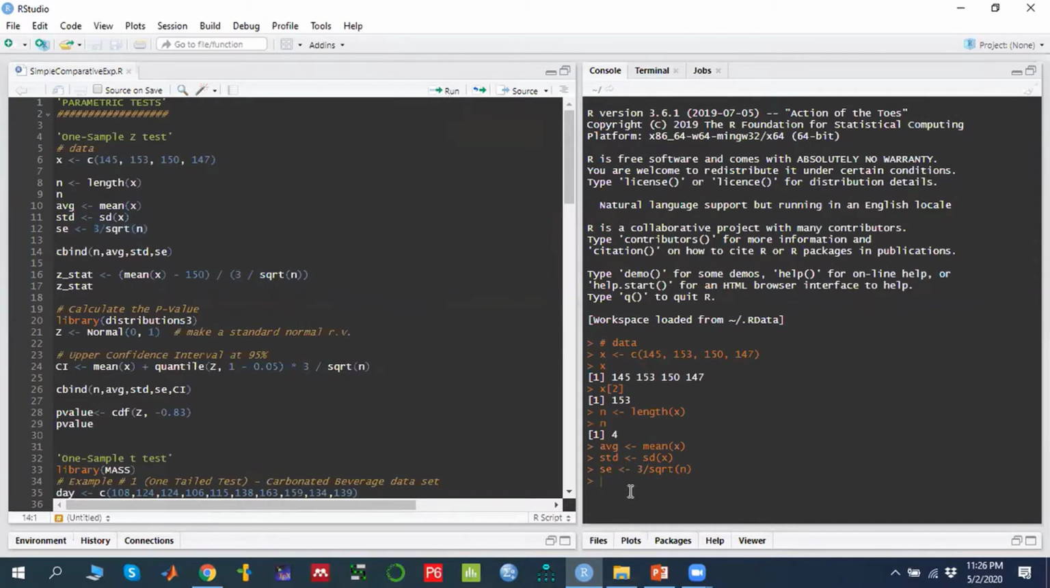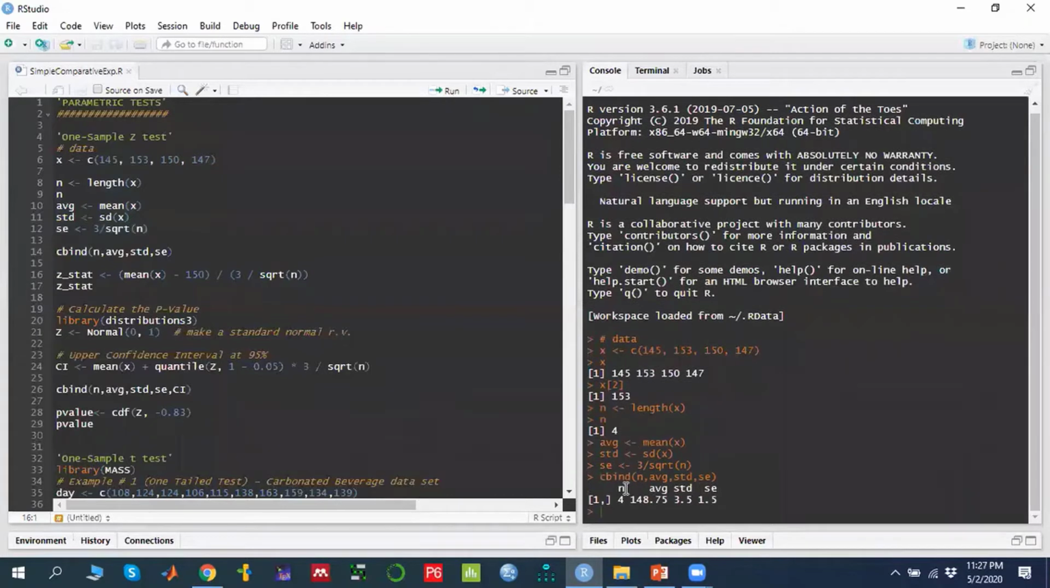And now I want to report everything in one way. I want to know how many observations there are, what is the average value, what is the standard deviation, and what is the standard error. So for that I'm combining them. This is cbind. The cbind function will do column combine, meaning it will bind everything column-wise. So if I run this, I will get n equal to this,